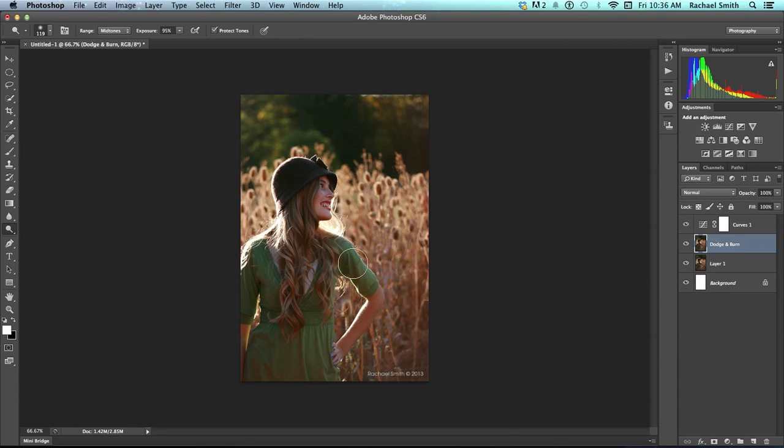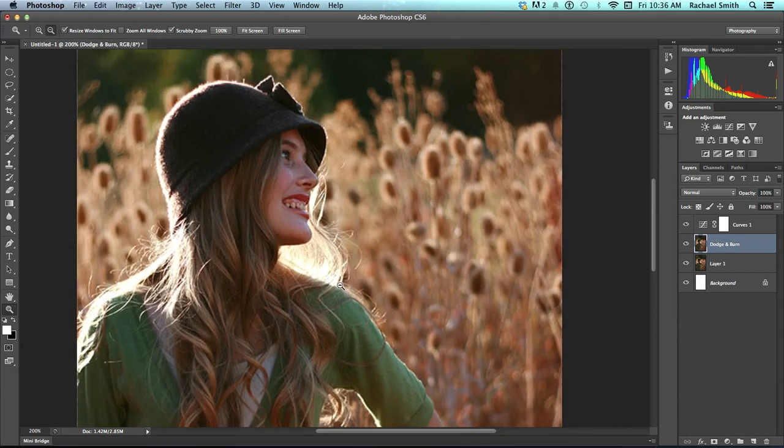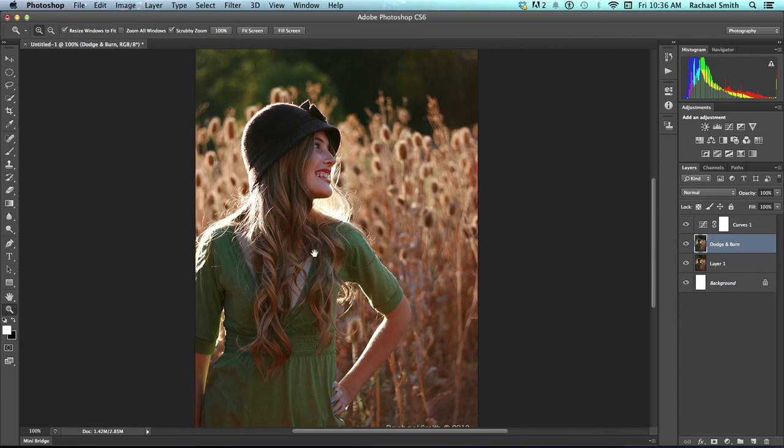Now, what are midtones? We talked a little bit about highlights, midtones, and shadows, but I just want to reiterate. Highlights are the brightest areas on the picture. Shadows are the darkest area on the picture, and midtones is everything else that's kind of in between. And with our curves adjustment, we brightened up kind of all of those and made the blacks pop just a tiny little bit more. What the Dodge tool does, though,